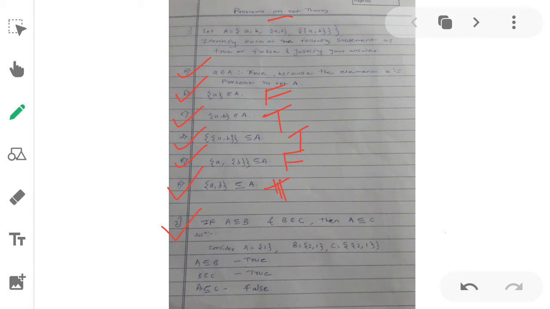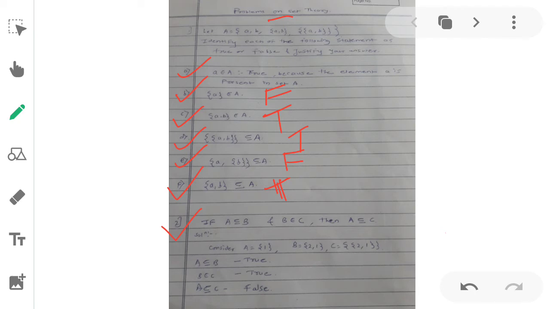You can take any sets of your convenience. A is equal to {1}, B is equal to {2, 1}, C is equal to {{2, 1}}. First we check whether A is a subset of B.